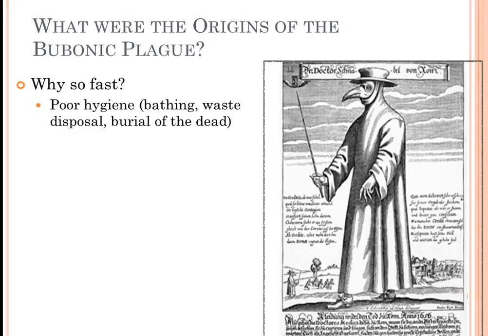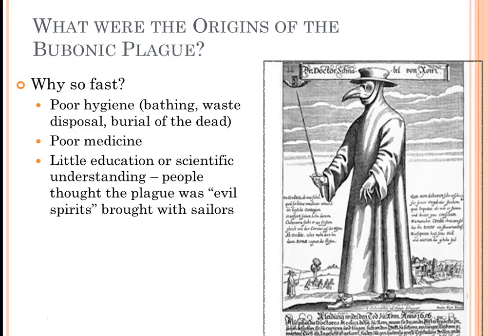They also didn't really have a proper way to bury the dead. So once people perished from the plague, they were simply tossed into rivers. They couldn't really dispose of them fast enough or in a way that they knew wasn't going to make people sick, because they didn't really understand the science of the disease or the medicine.